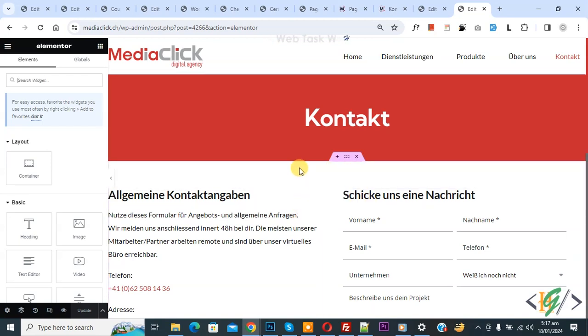Bismillahirrahmanirrahim. Assalamu alaikum. My name is Hassan and today we are going to work on image lightbox setting in Elementor